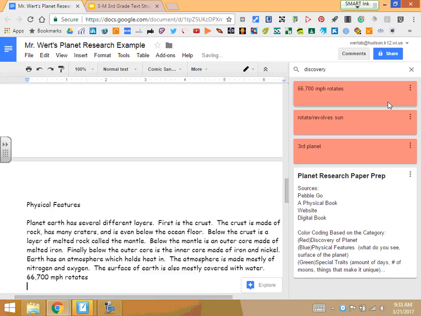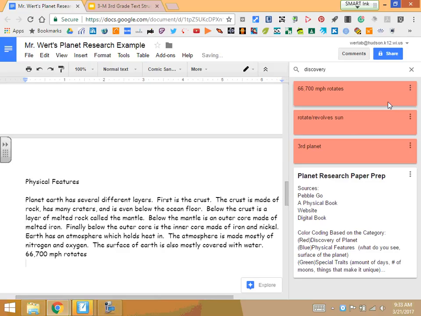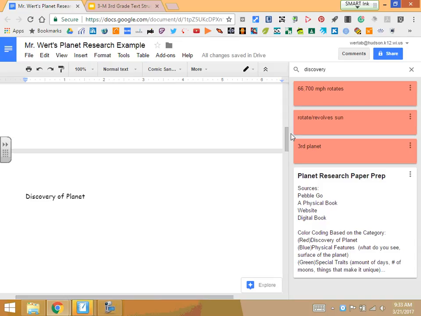I can add them to my document. Okay? It ended up sticking it down here, not really where I wanted it. So maybe if I click under Discovery of Planet, add to document, it'll pop in. I can add my next note and my next, and I can do my paraphrasing then right underneath